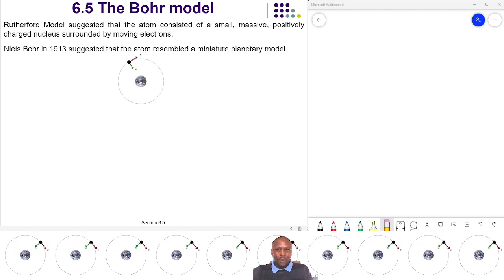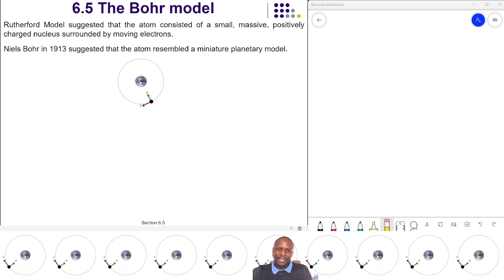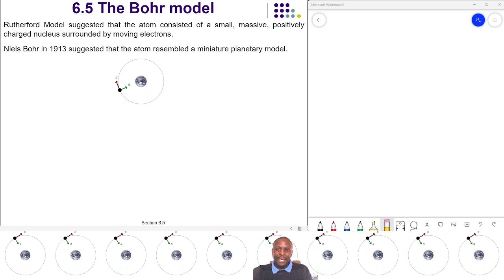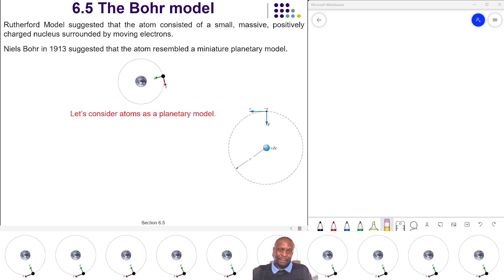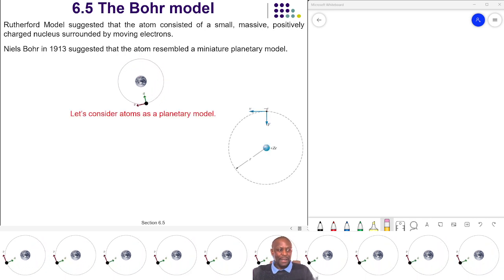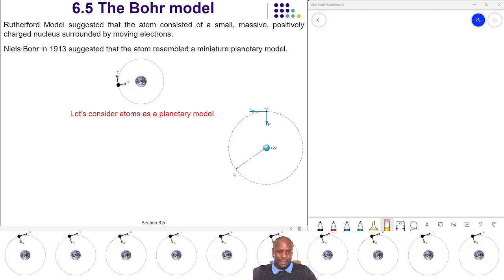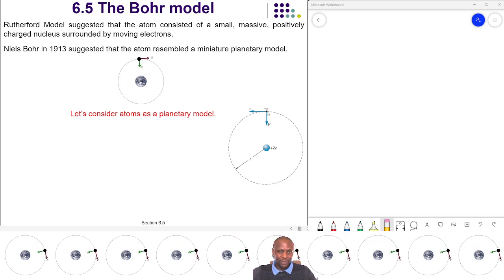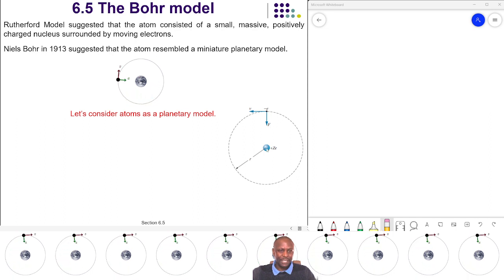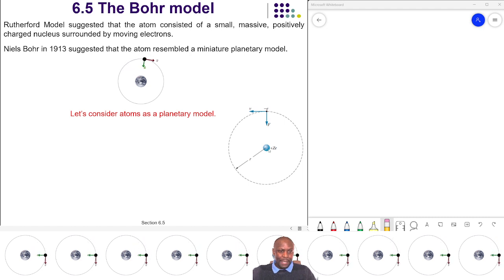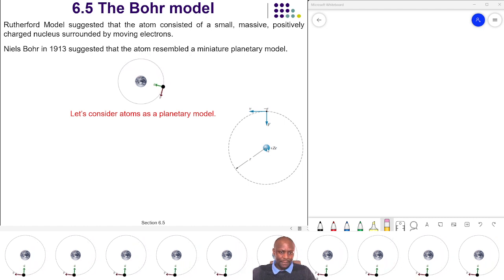Now, Niels Bohr in 1913 suggested that the atom resembles a small planetary model. From this suggestion, I want us to consider atoms as a planetary model. For example, when you look at this image here, this is an atom and you've got electrons from the Rutherford model. You remember, Rutherford suggested that the electrons are surrounding the nucleus. Now, in this case, your center